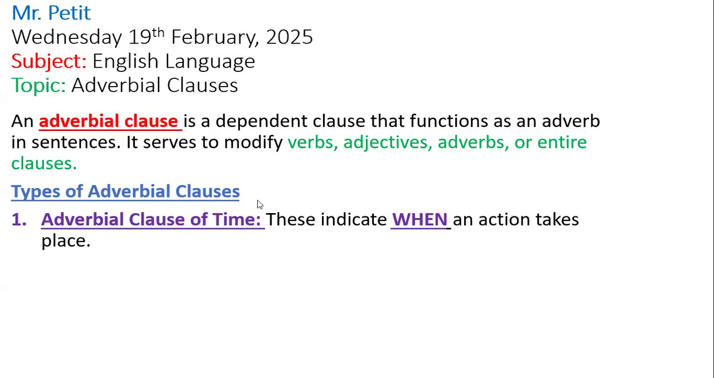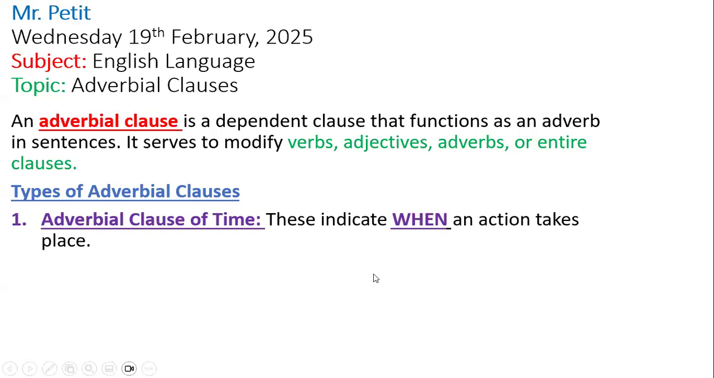So in order for me to have an adverbial clause of time, I need to tell you when the action takes place, not just that the action takes place. That's going to be your independent clause. That's fine. But your adverbial clause of time tells us when something happened. So if I said,